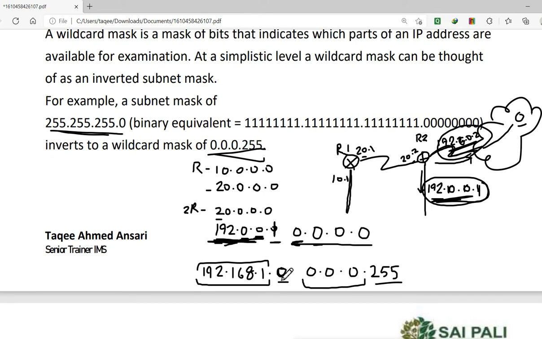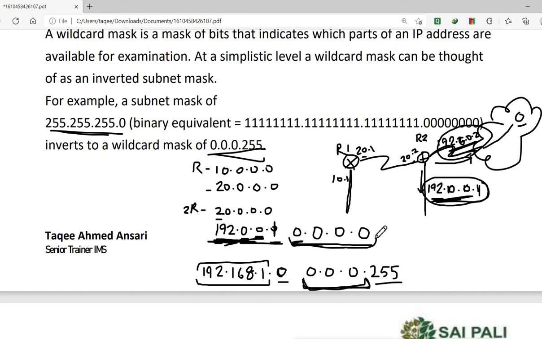But if you want to do it for the specific interface or specific IP or specific network, then you can control the wildcard bit here. You can control it by using the wildcard bit. So I want to enable it only for the specific interface, so I will give the IP address and I will say this is the wildcard bit 0.0.0.0. That means match everything.